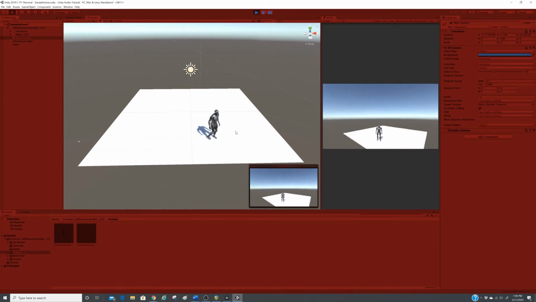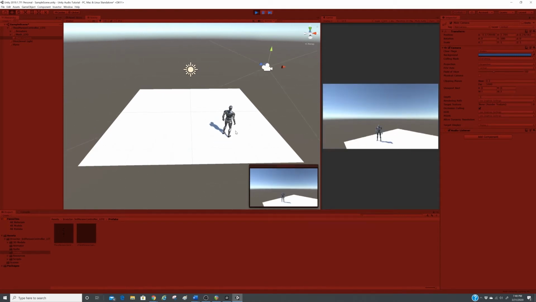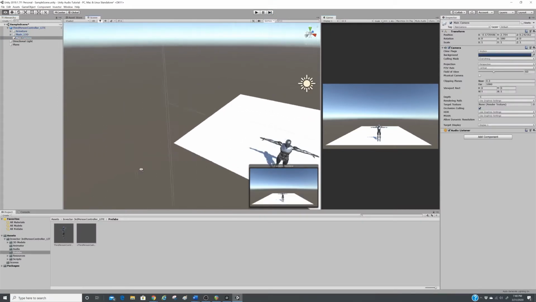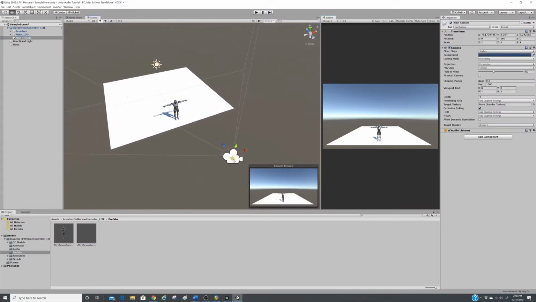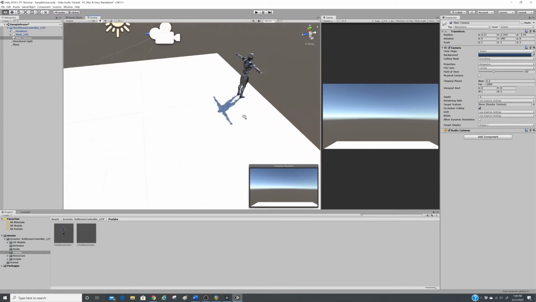As you can see, it's gone a little bit crazy because I started the camera in the wrong position. So it's kind of freaking out a little bit. So what we're going to do is we're going to make an adjustment to this camera. I'm going to drag it, and then I'm going to press